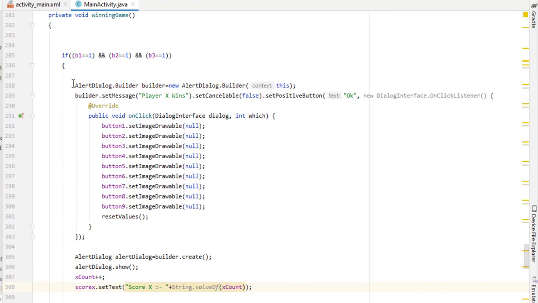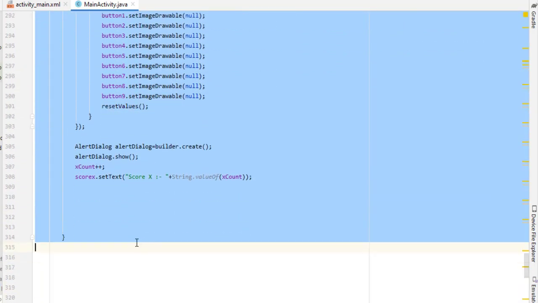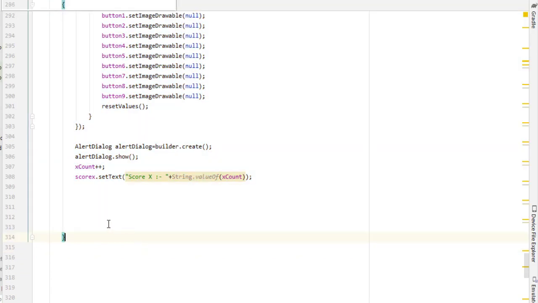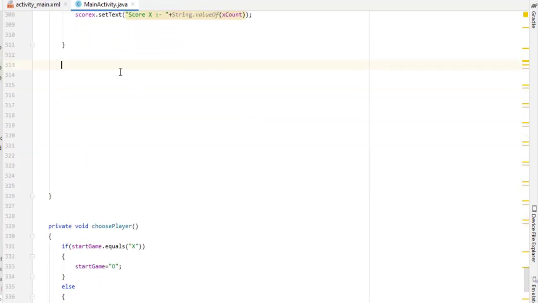So now we need only the else if part. Completely copy the code from the if and simply paste it here. Control C to copy, and first I remove the extra spaces, and now simply paste the code below this. But remember, paste the code inside this function. So this is the function bracket, and now I simply paste the code here.